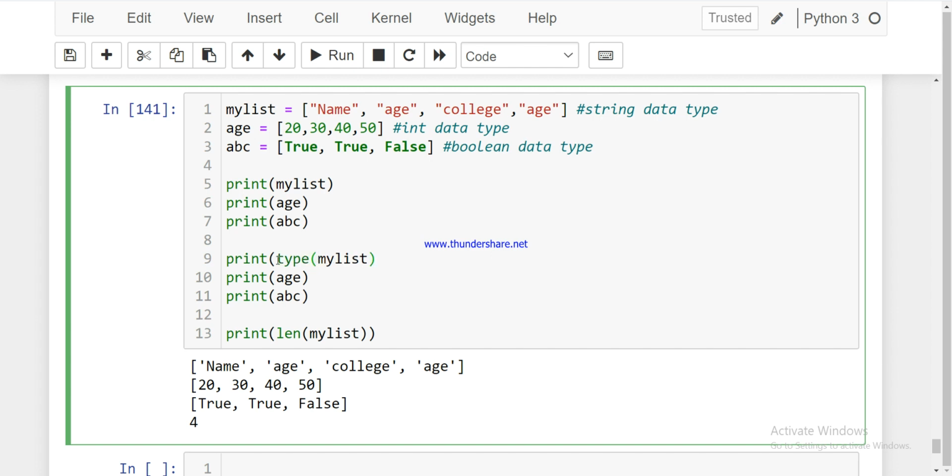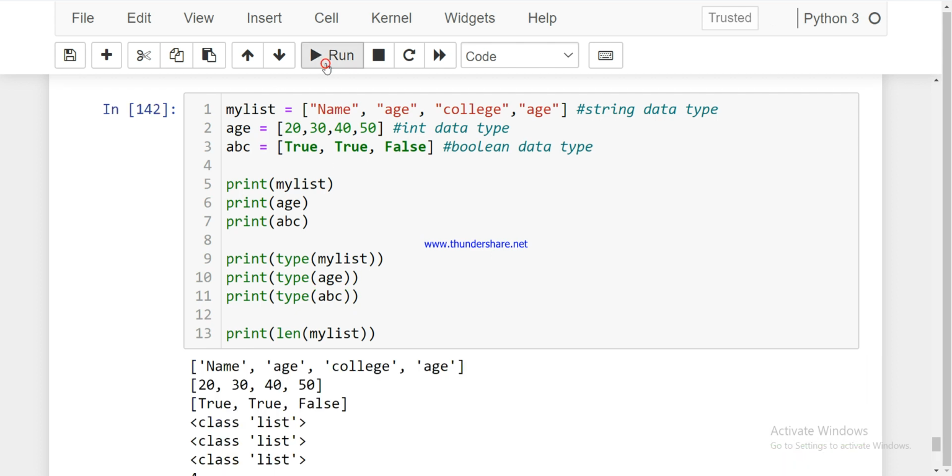So here I'm writing type, and the same way here also I'm writing type, and again I'm writing type, and now I am printing this. Once I write the type of any list, for example string, integer, boolean, it is containing this thing, but the type of this data type is list.